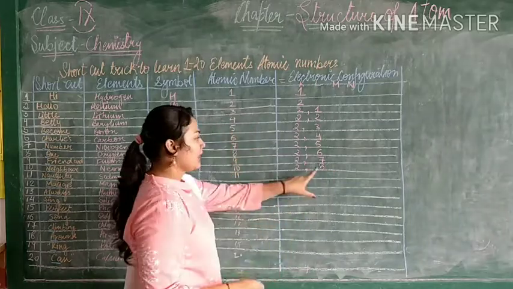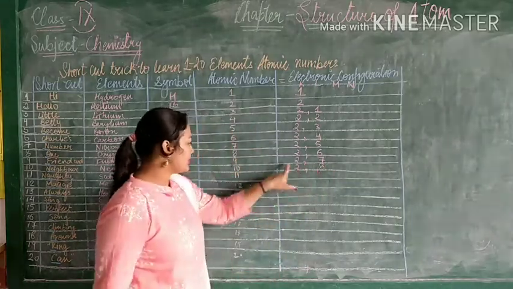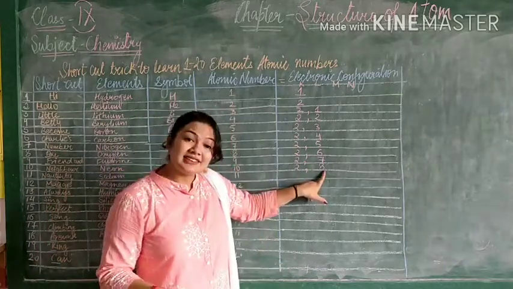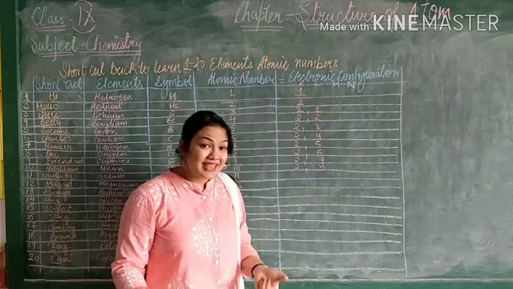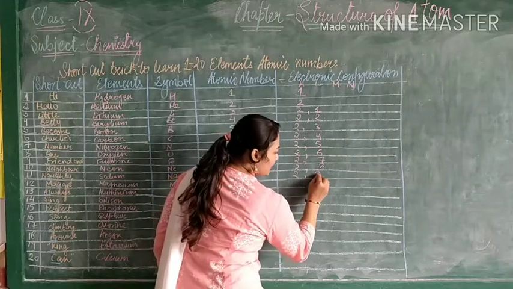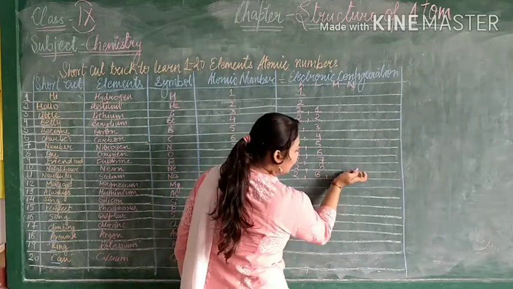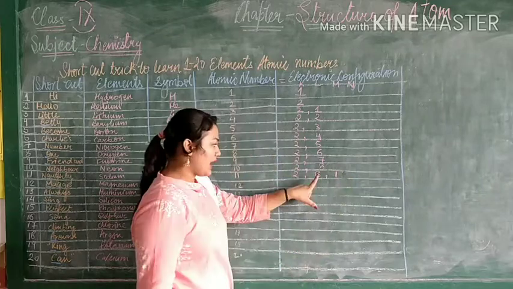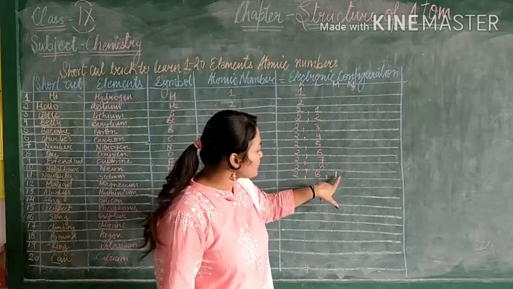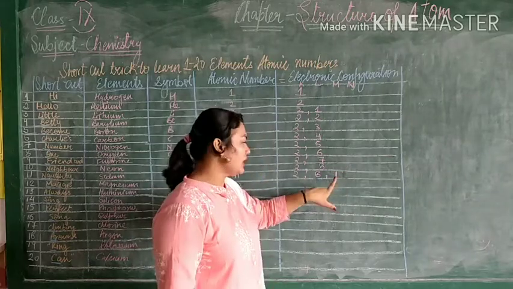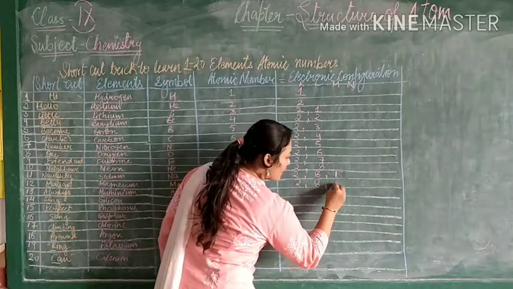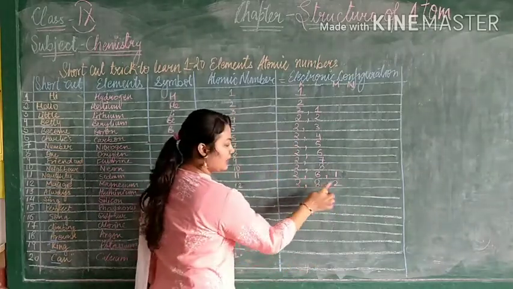Okay, now see 8, 9, 10. Which is this? Neon. Yes, neon is very stable because it has 8 electrons in its outermost shell, that is L. So it is a stable gas. Okay, 11 is 2, 8, 1. Now what is happening: in the M shell also I am filling, because I have already filled the maximum amount in the L shell, that is 8. So I am switching to the 1 which is left, in the next shell, that is M. 12 is 2, 8, 2. 8 plus 2 is 10, 11, 12.